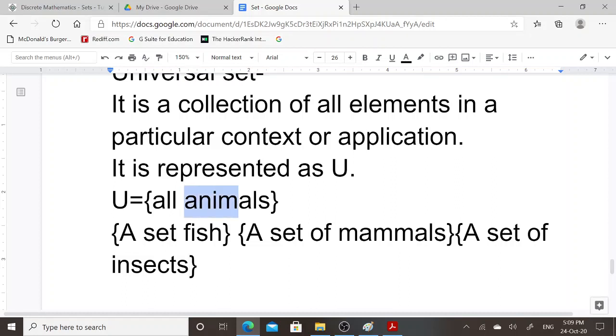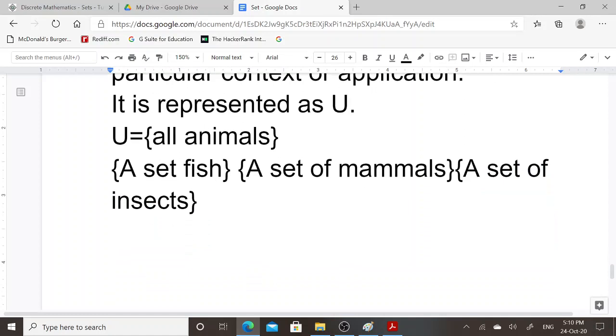So if you consider animal as a context or application, universal set is a set of all animals and their subsets are a set of fish, a set of mammals, and a set of insects.